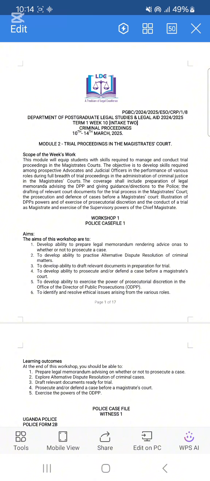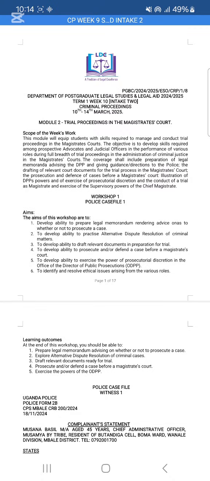So let me hope that we have now come to understand how criminal proceedings are conducted from the time of making police statements, to the time of carrying out investigations by the police investigating officer, to the time of being charged of an offense, to the time of being arraigned in court, and basically the time of taking plea or pre-taking. You have to understand all that process for purpose of passing the oral exams, but if you continuously read, of course you are going to understand it.